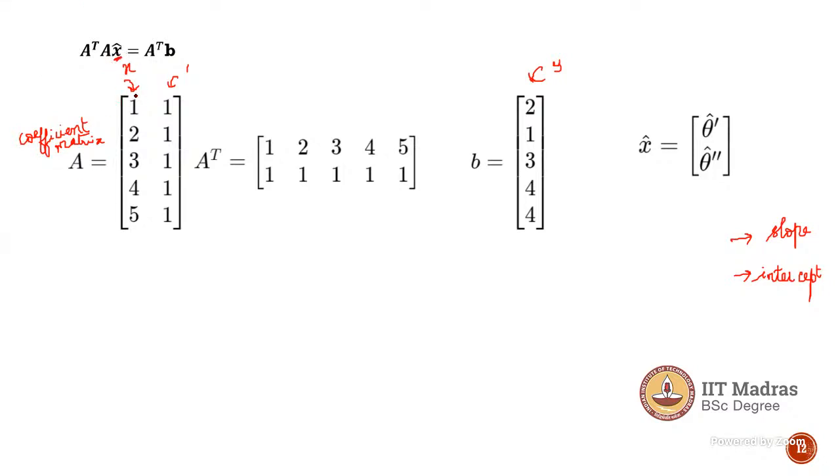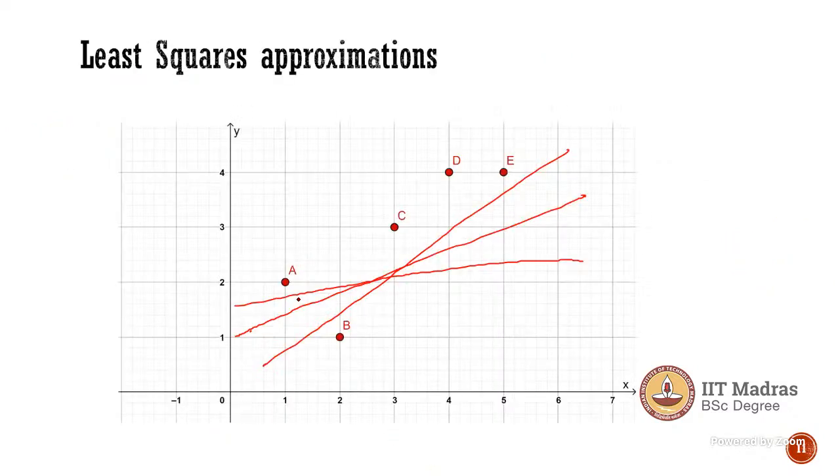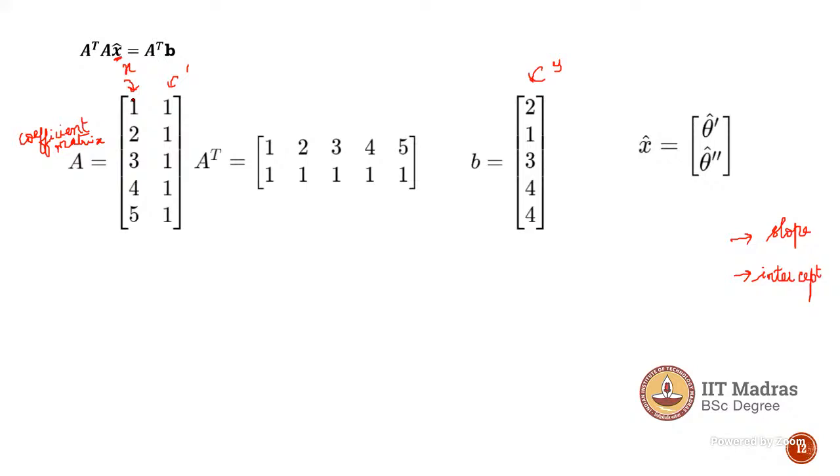X hat. So the first column is your values of x, that is the independent variable. So from the chart here, your x is what? For point A, x is 1, point B, x is 2, point C it is 3, D is 4, E is 5, right? So 1, 2, 3, 4, 5. That is your first column, your x value here.